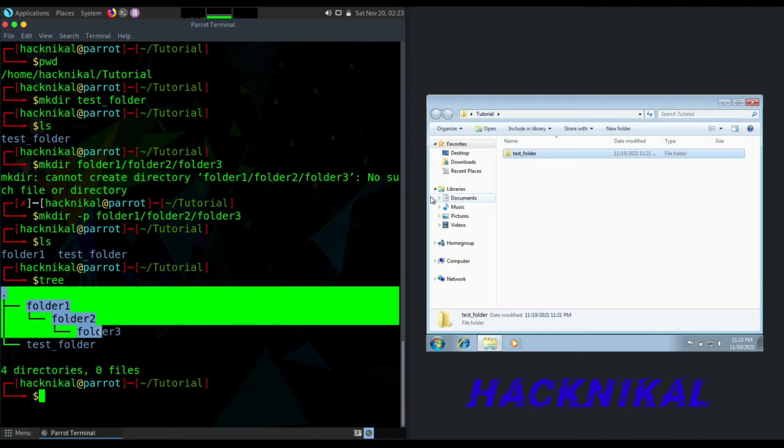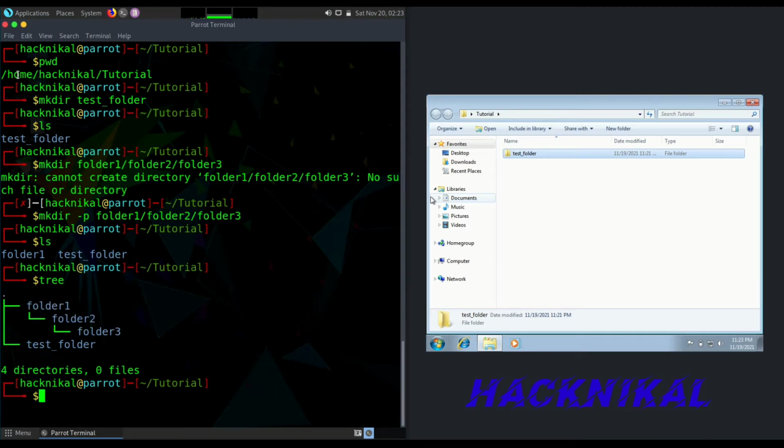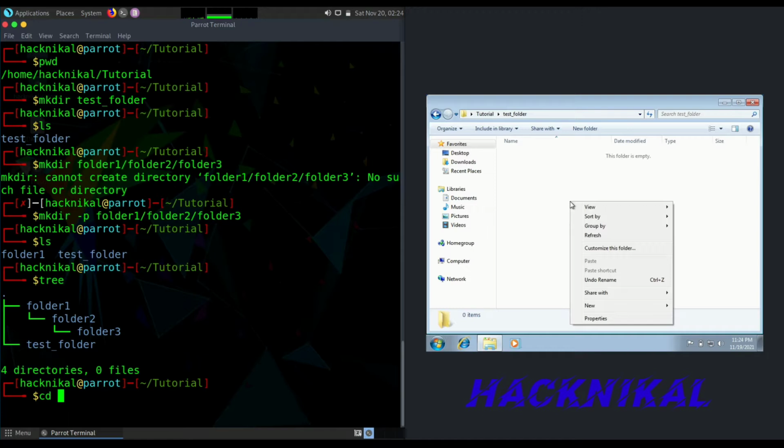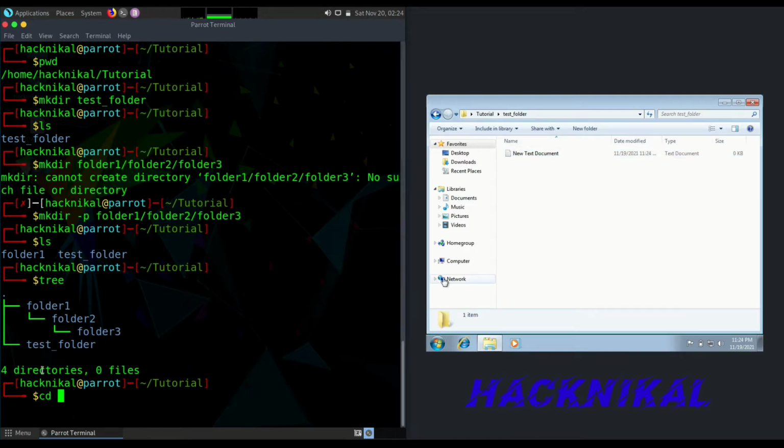Okay, so this is our directory structure. The current directory is home, username, folder name, and inside folder 1 we have folder 2, inside folder 2 we have folder 3. You can verify using this command. If you want to go inside any folder, you will use the cd command. If I want to go inside the test folder, then in Windows we just need to double click, you are inside that folder, and you can verify the path using the address bar. If you create any file over here, like a new text document, then you can do the operation over here. For the same we use the cd command. It is for change directory.